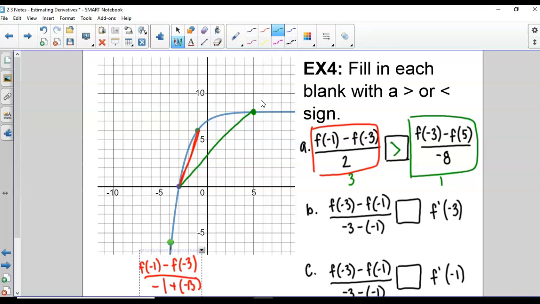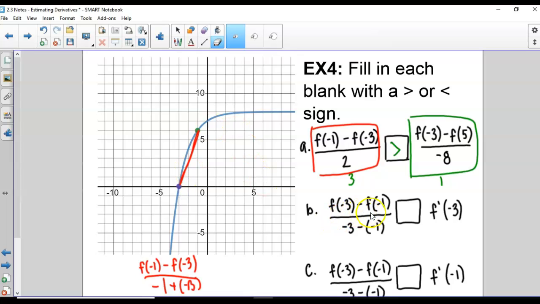So, if you're just looking at slopes of lines, the red line is steeper than the green line. So, the slope of the red line is greater than the green line. So, you can do it without actually knowing the numbers also. So let's try the next one without knowing the numbers. Okay, so our first one